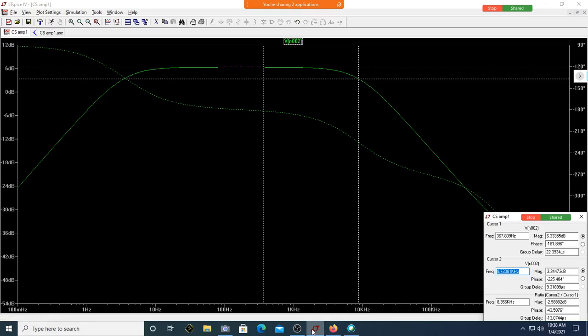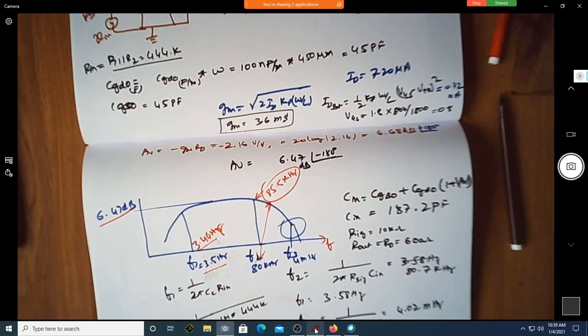So if you want to have an amplifier with good bandwidth, the dimension of the transistor should be as small as possible. When I say dimension of the device, it means the width has to be as small as possible, because width is going to decide the parasitic capacitance. Correct?